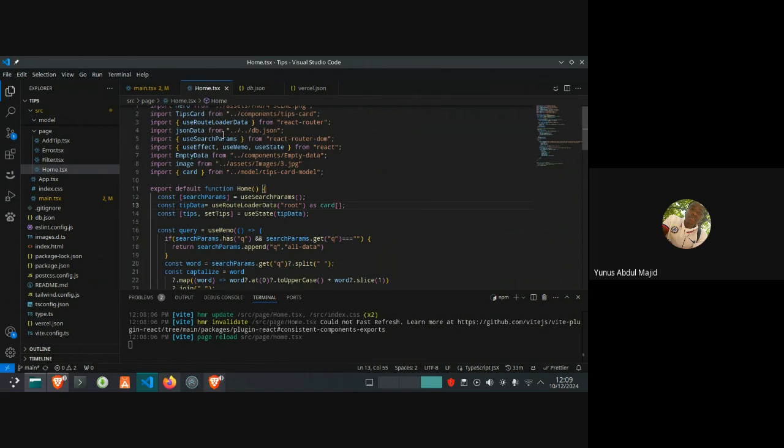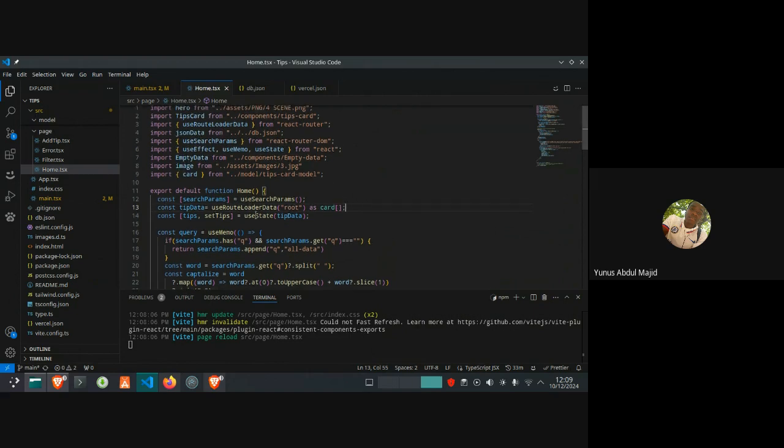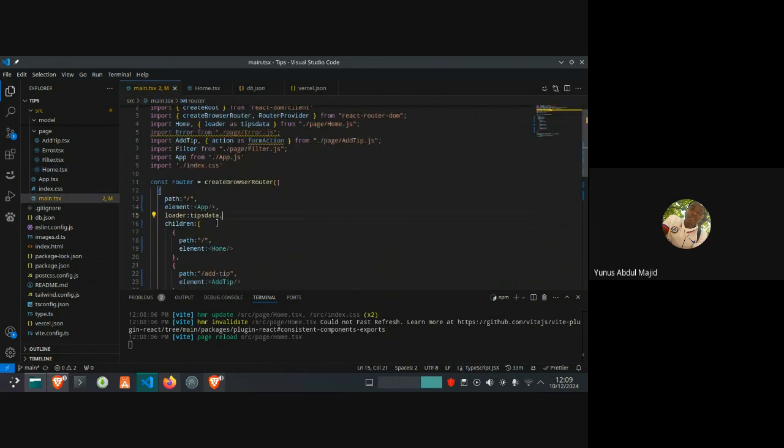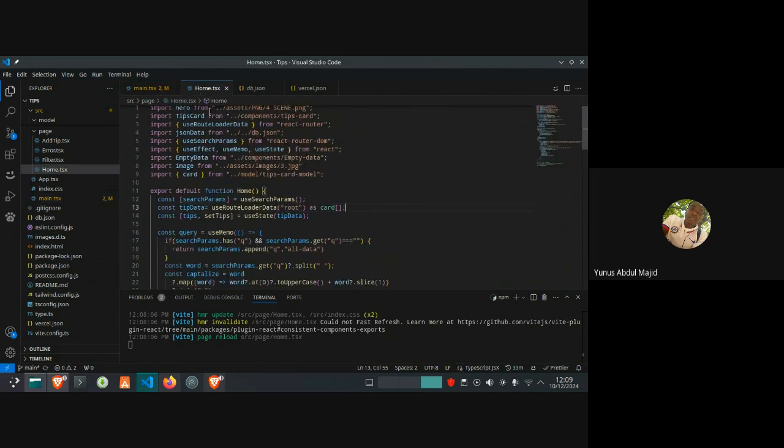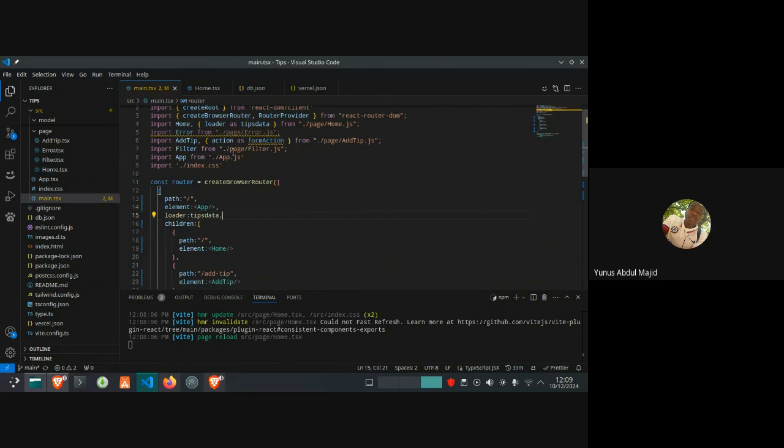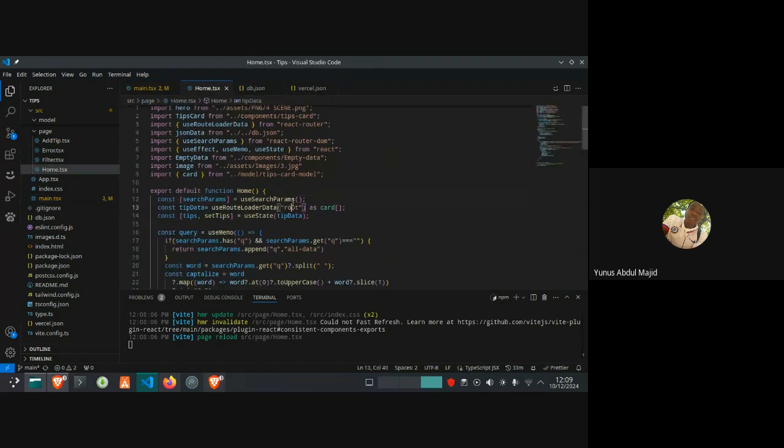Inside the home page folder, this is how I make use of this. useRouteLoaderData is a hook from React Router, which is used to fetch data, like the loaded data from this route. Since I'm using the root directory, which is why I name it as root.